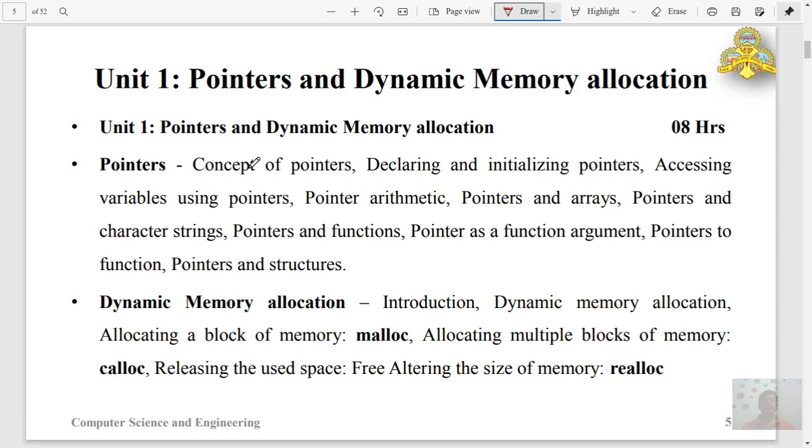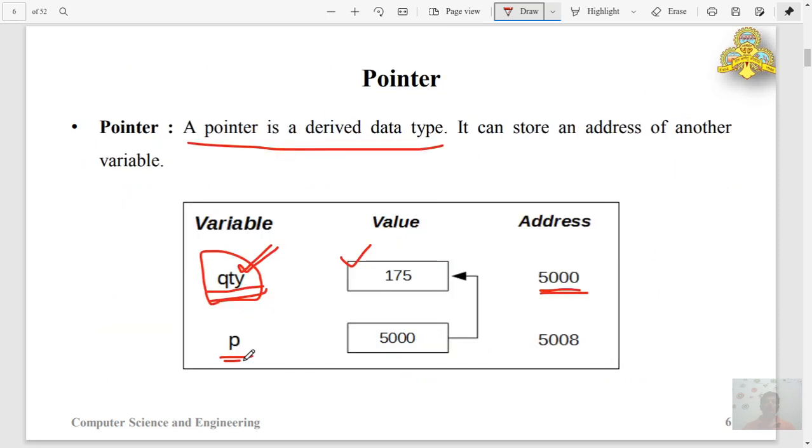So address is the index, and the address is a very important feature of C or any such system level programming language. So when I say qty stores 175, it's a normal variable, whereas if I declare p as a pointer, it need not be p, it can be any character, but in the example I have given it as p. P is a pointer variable. So what is a pointer here? It stores the address of another variable.